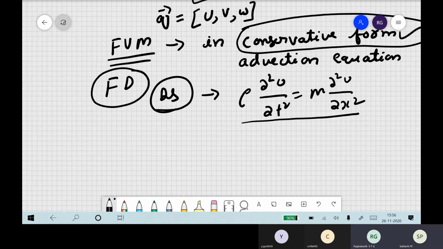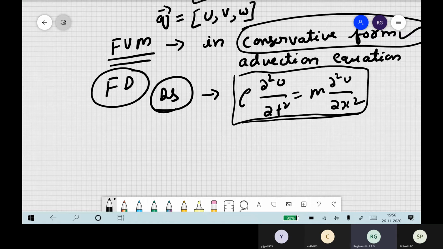But for finite volume, what should be the order of your equations? You have to write everything in first order. So now how do you write this equation in first order? What formulation will give you first order in time, first order in space? You have to remember finite difference. We said displacement stress, velocity stress, displacement velocity stress, like that we wrote. Which formulation gave you first order in time and first order in space also?